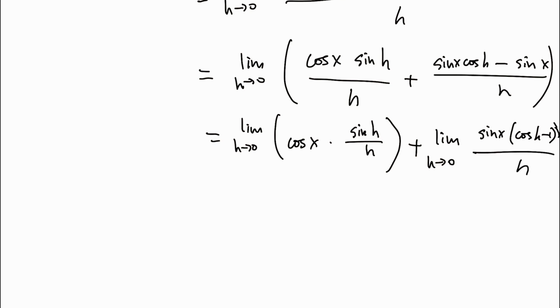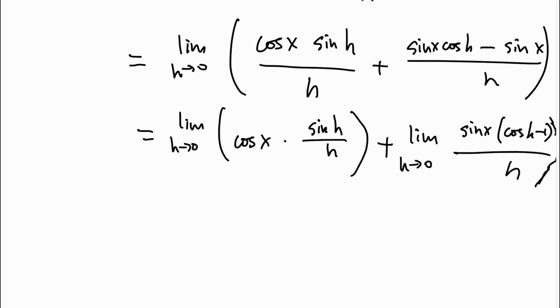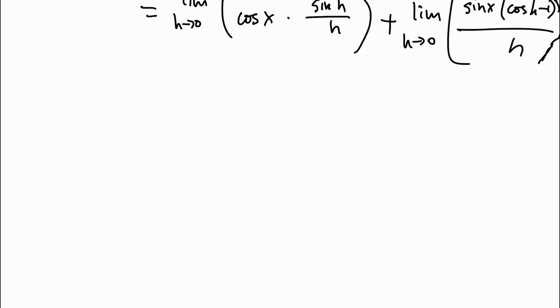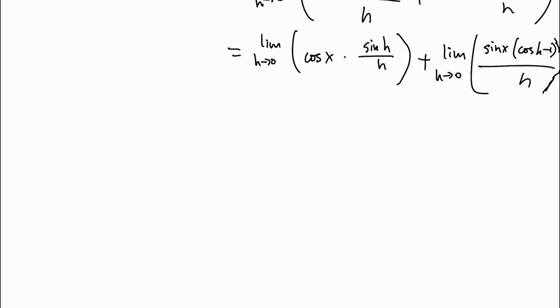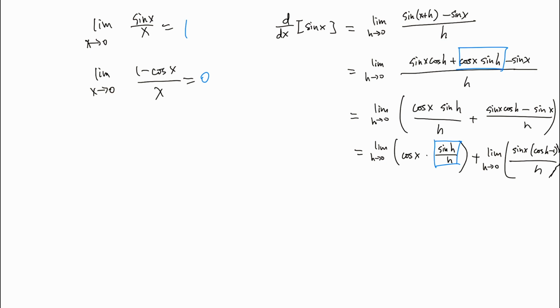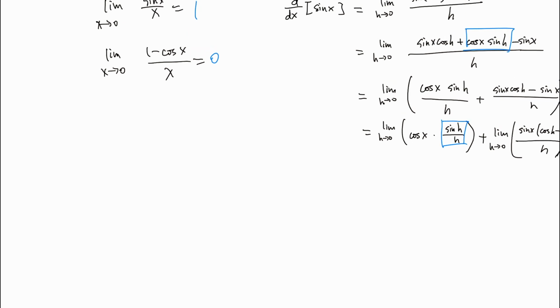And we want to find the limits of that. Notice that this is just our result from before, using h as a variable instead of x. Because the cosine x doesn't have any h related, we can just take it out. So that will be cosine of x times the limit as h approaches 0 of sine of h over h,